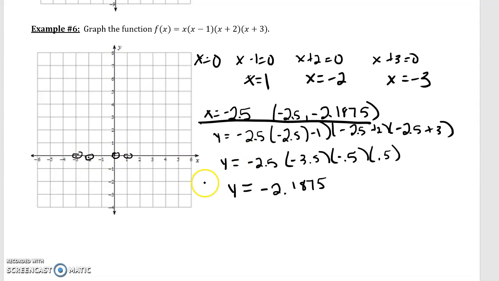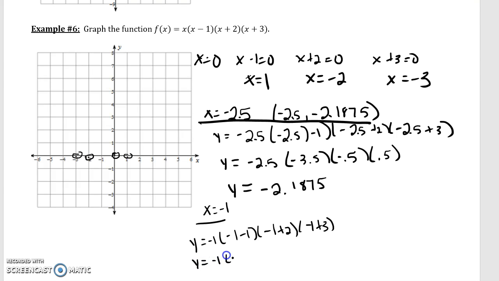In between the -2 and the 0 we can plug in x equals -1. y is equal to -1 times -1 minus 1, -1 plus 2, and -1 plus 3. So y is equal to -1 times -2 times 1 times 2. So y is going to be equal to your positive 4. So (-1, 4). And then the last one you have to plug in is between 0 and 1, you would have